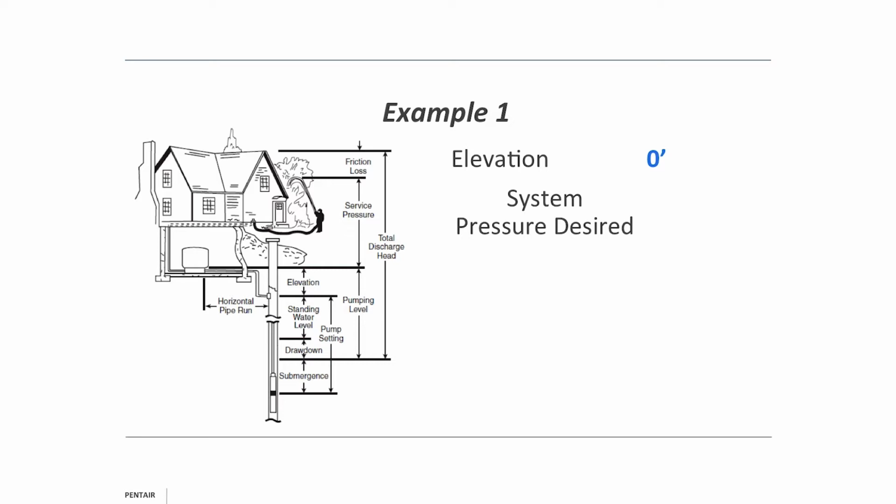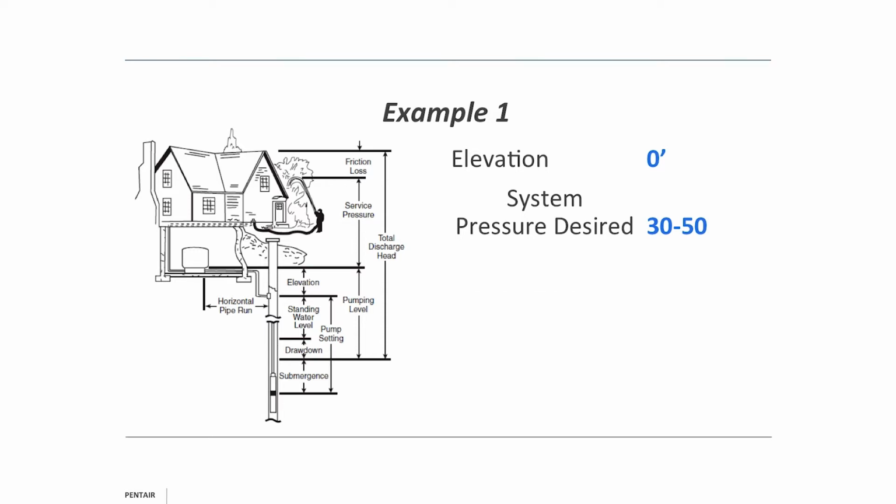System pressure desired, 30-50. Now, I'm going to do this the traditional way, in which we take 30-50, average it, and it's 40 psi. Not to get into too much detail, but I'm now discussing and teaching to maybe look at 50, especially if they're going to use a variable frequency drive. I would look right at 50 if they want the higher mark, or 60 if they want to set it there. But traditionally, we always looked at 30-50, averaged it to 40,